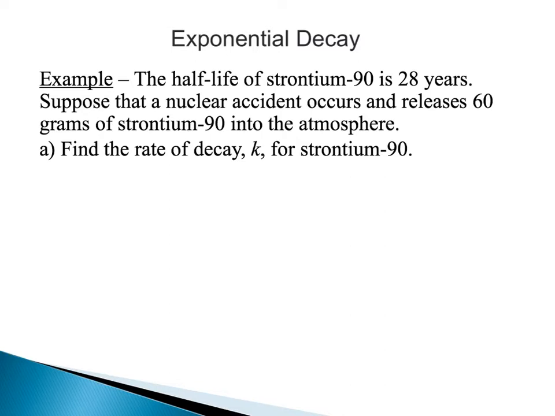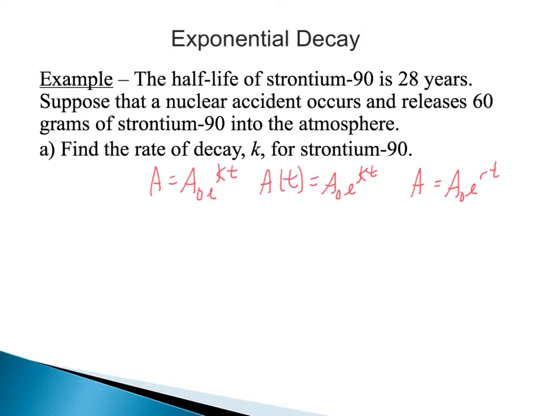that the equations A equals A sub 0 e to the kt, A of t equals A sub 0 e to the kt, and then what Professor Messenger used, A equals A sub 0 e to the rt, are all equivalent forms of your exponential growth and decay model. So really the only difference between what Professor Messenger used and your textbook and what I will use would be that he used r for your rate rather than k. Alright, so we're still solving for the same thing.